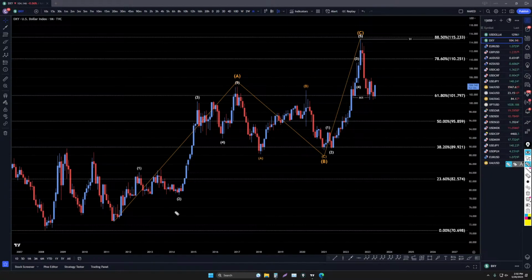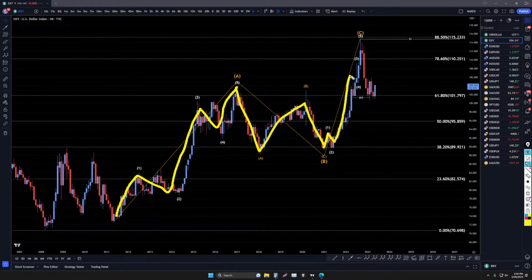As most of you probably already know, I still am looking at this right here as possibly a big wave A. This is possibly a big ABC of B, and this is a big uptrend for a possible ABC. Now if this is an ABC, then that means that this move up is a correction within the downtrend, and it's probably just going to end up continuing to make lower lows and lower highs.